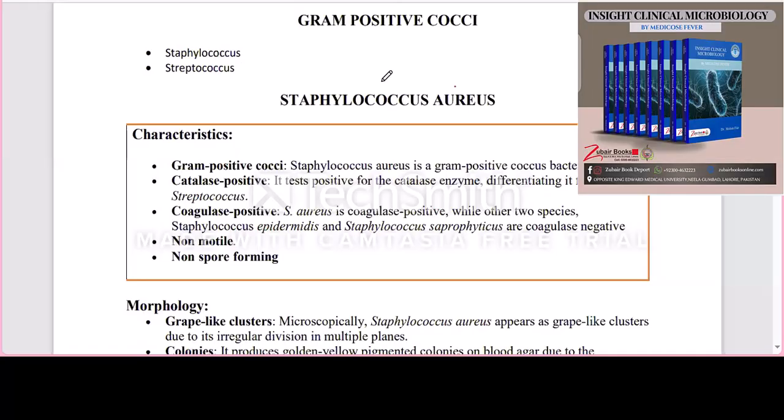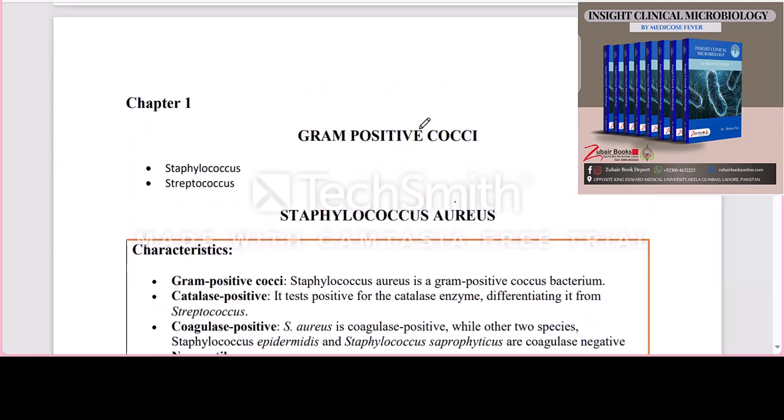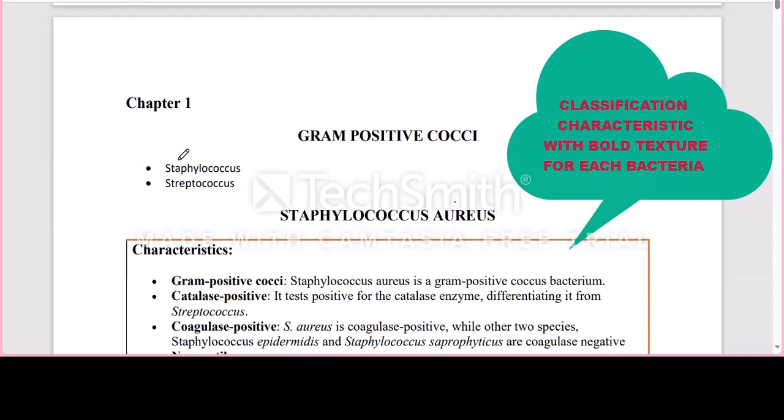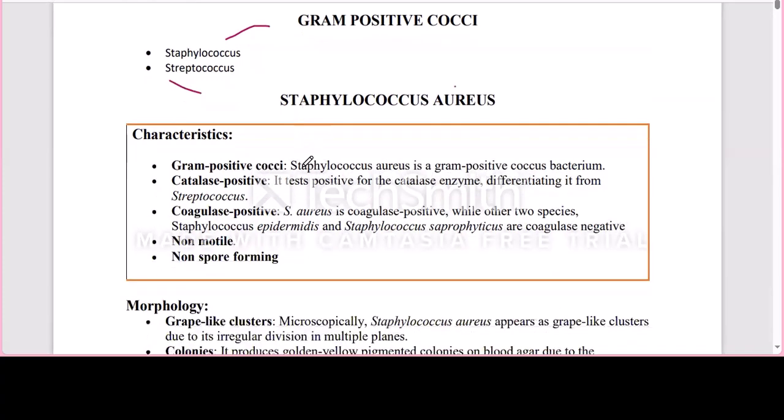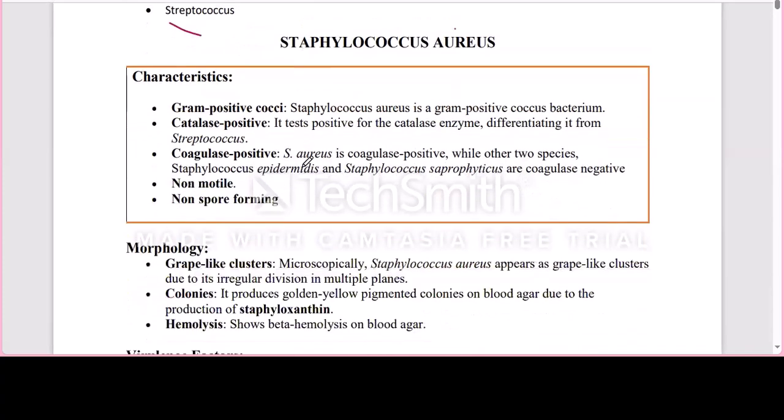At the start of each chapter, there is the classification of the related bacteria. Here it is gram-positive cocci, and this classification is Staphylococcus and Streptococcus. So in each chapter the classification is mentioned, and bacteria-specific characteristics are also